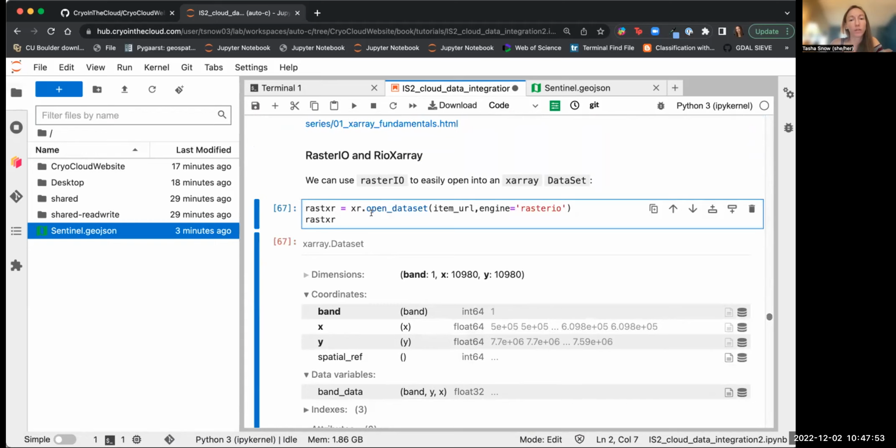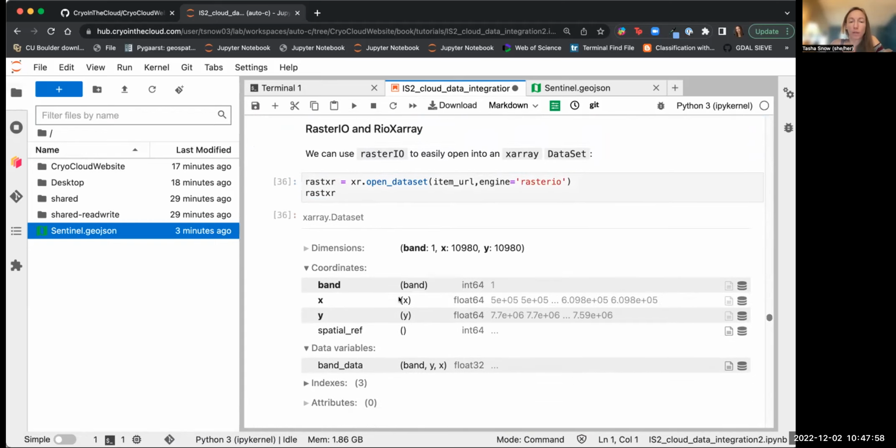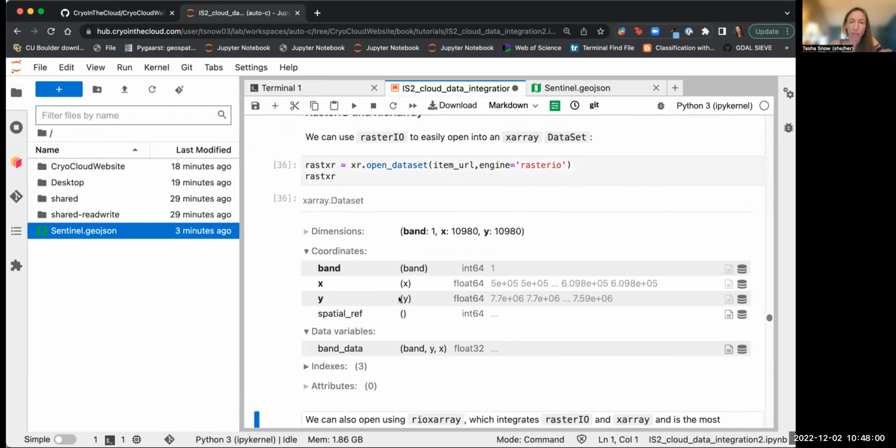commands and functions. So this Xarray uses Raster.io to open into Xarray. So Xarray, Pandas is 2D. It plots as a data frame. So you've got your columns and rows. And then Xarray is going to allow you to be much better and faster for multidimensional data sets. So you can start to get into 3D, 4D, get your time, get your bands for all your different scenes and add all of these into one